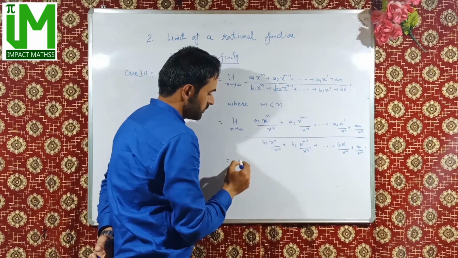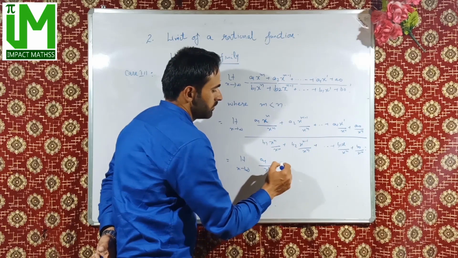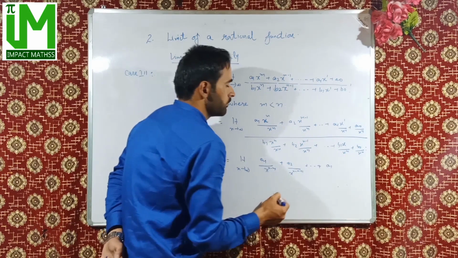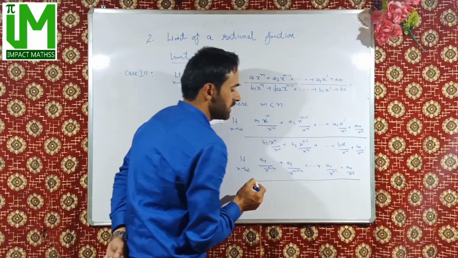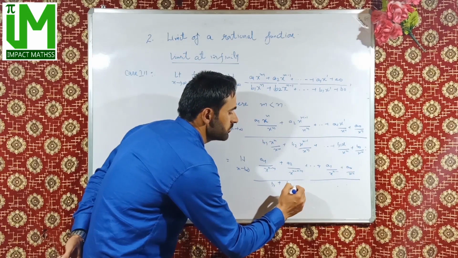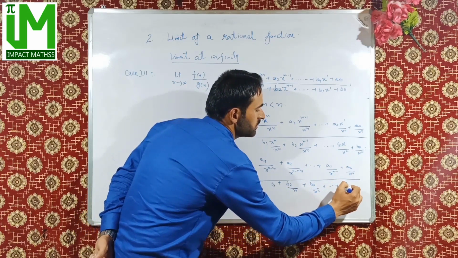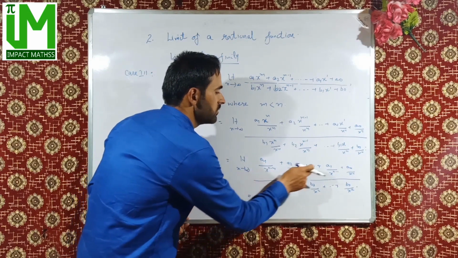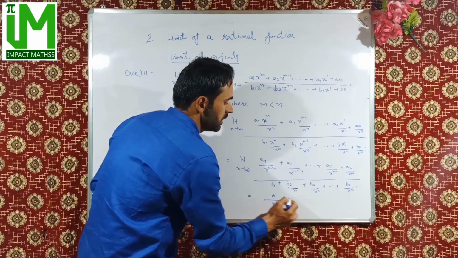Here n is greater than m, so it will be limit x tends to infinity a1 divided by x to the power n minus m plus a2 divided by x to the power n minus m plus 1 plus up to a1 divided by x to the power n minus 1 plus a naught divided by x raised to power n, whole divided by b1, since x raised to power n cancels out, plus b2 divided by x plus b3 divided by x square up to b naught divided by x to the power n. Now if we use the limiting value, this will be 0 0 0, so the whole expression will be 0 divided by b1 plus 0 0 0, so this will be b1 plus 0, so 0 divided by b1,